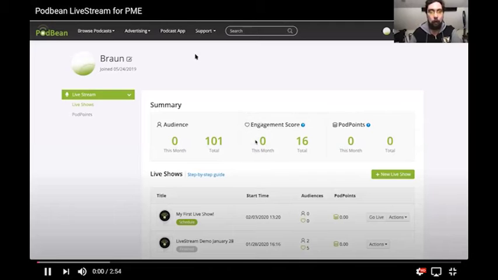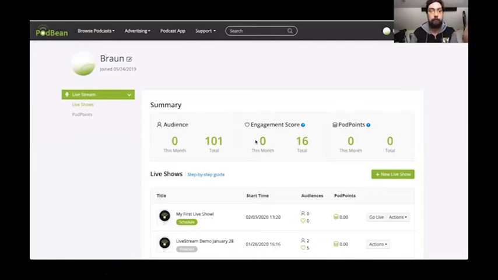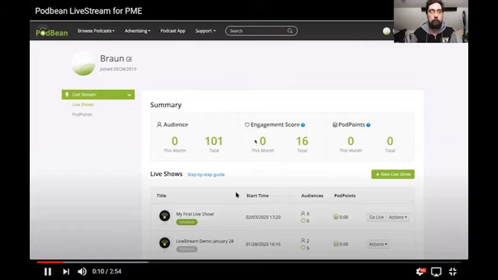So what we have here is our general Podbean Live interface. This is run from Google Chrome. Up at the top, we see our audience engagement score and Pod Points. It'll show you the overall activity through the month, as well as the total listeners you've had. And your engagement score is created through the number of listeners you have through the month,